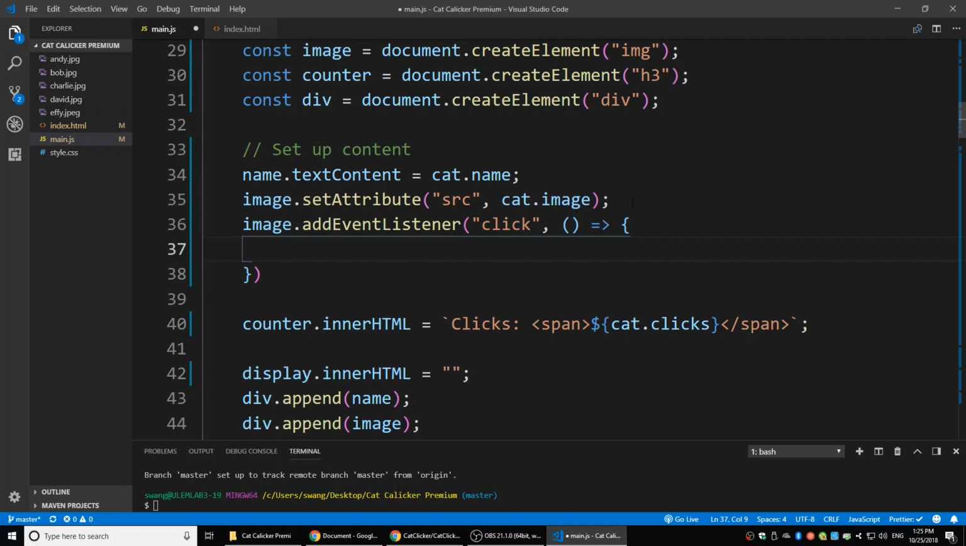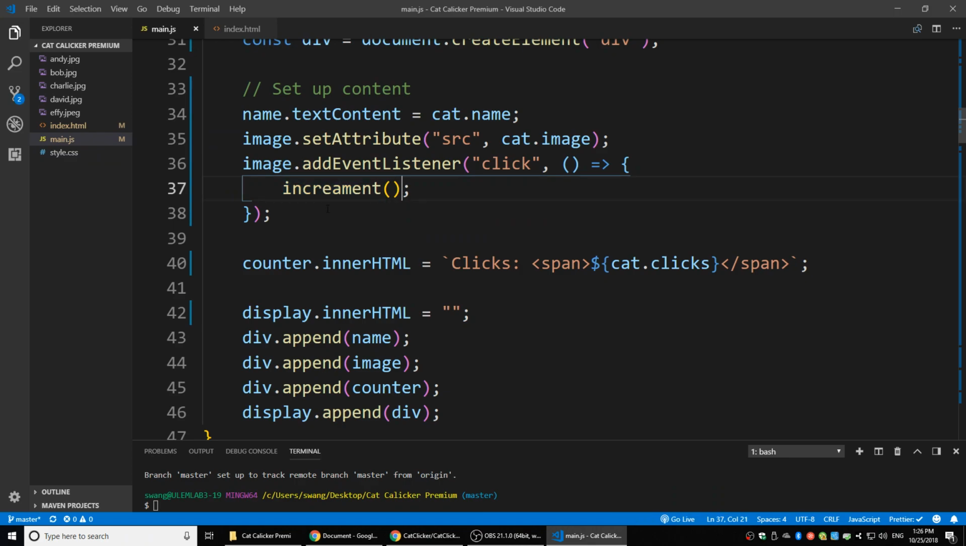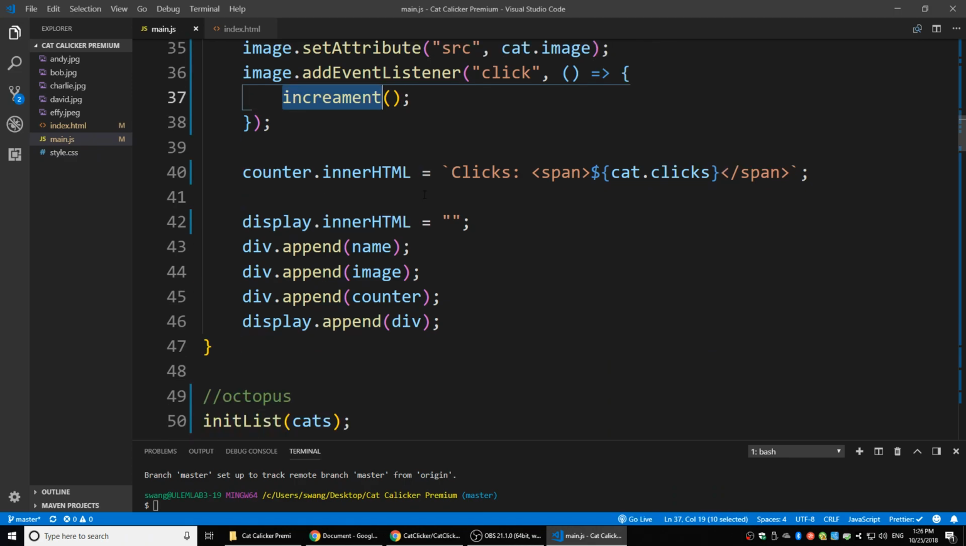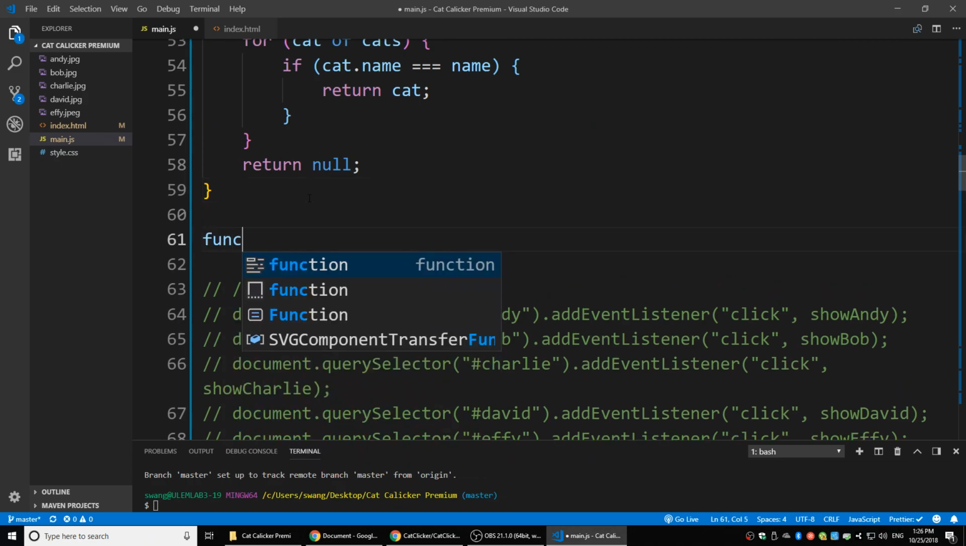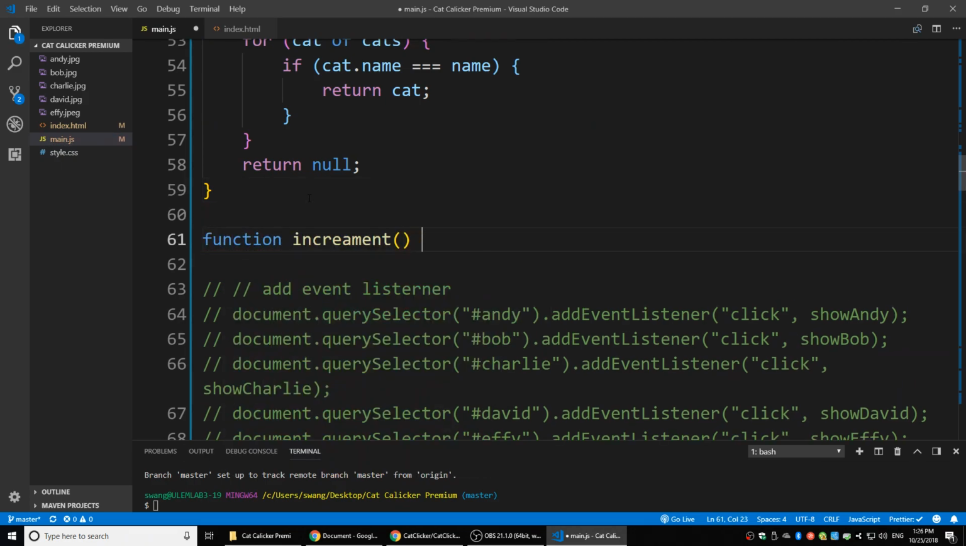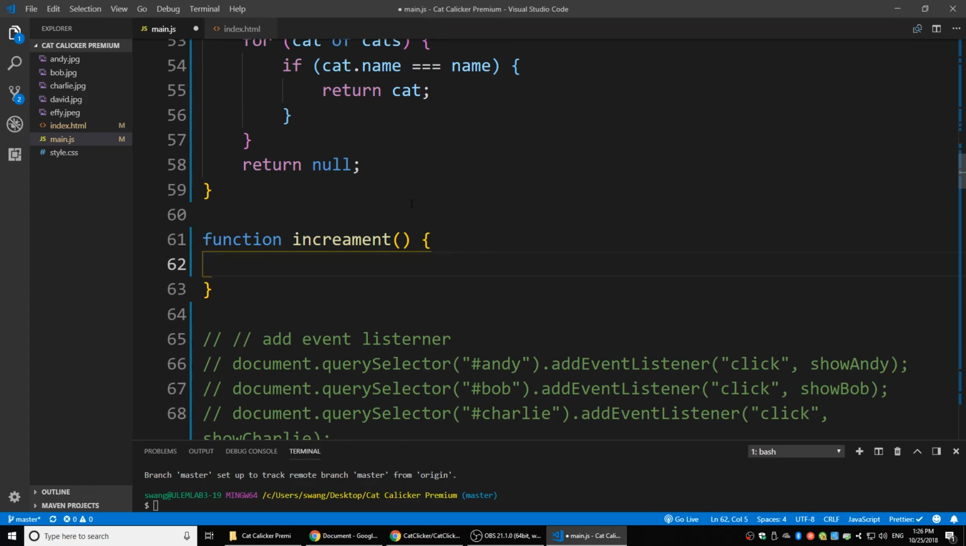So let's see. When I click it, you please call function increment. We had an increment function before, right? Increment is going to just call that function. That's it. Just call that function. And we're going to create that function in my octopus. Function increment, and what it does is going to